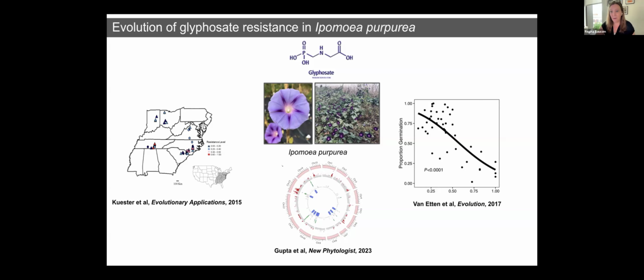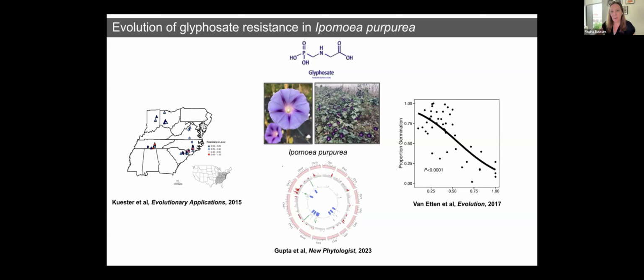So from this screen, we have a fairly good idea that the resistance mechanism in the species has something to do with altered translocation of the herbicide, as well as detoxification. Now, whether or not it's detox of the herbicide itself or the secondary compounds within the plant, we're still not sure. Okay, so these three pieces of information: whether or not there's variability in nature for the level of resistance, are there fitness costs associated with resistance, and what is the genetic or molecular mechanism underlying resistance? These are three really common themes, what you see in the literature of people who are assessing weedy plant adaptation